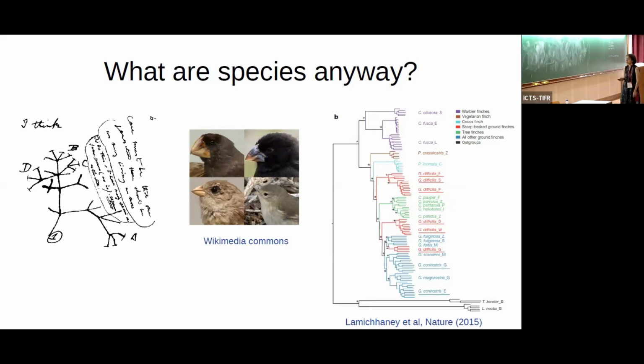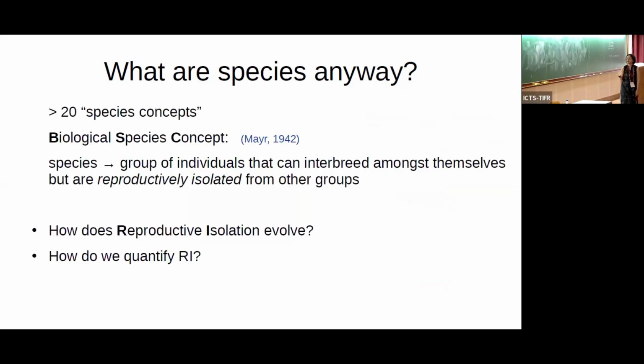Actually, since this paper was published, I think the phylogeny has been revised, and this in part at least reflects the fact that defining species is inherently a murky business. So there are different species concepts, different ways people classify individuals into species. There are so-called morphological species, where you might do a PCA of some phenotypic measurements, and you see these clusters, and those are the species.